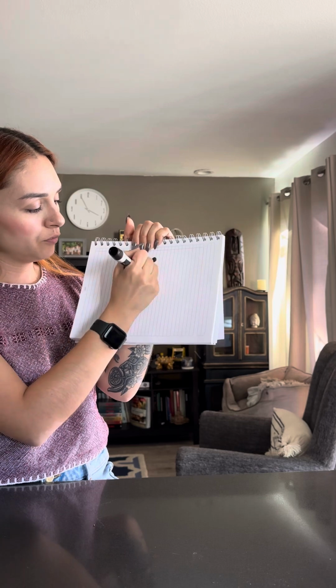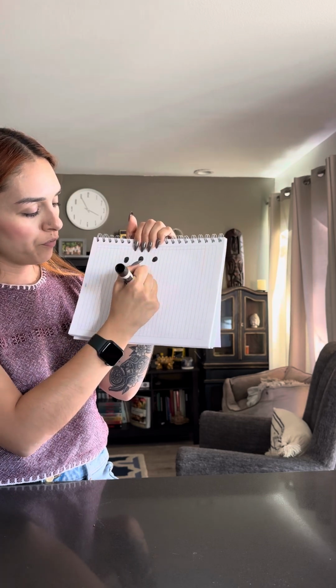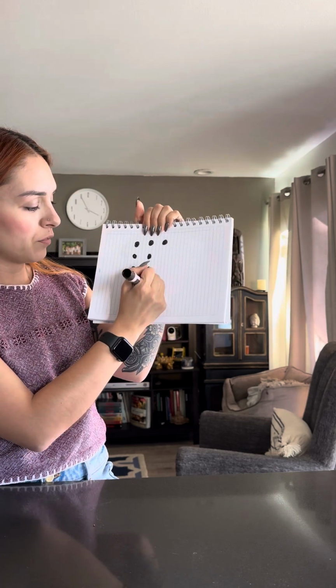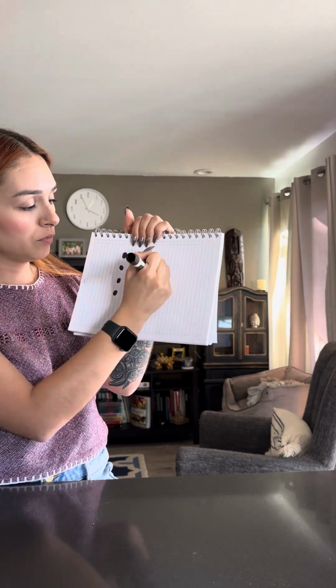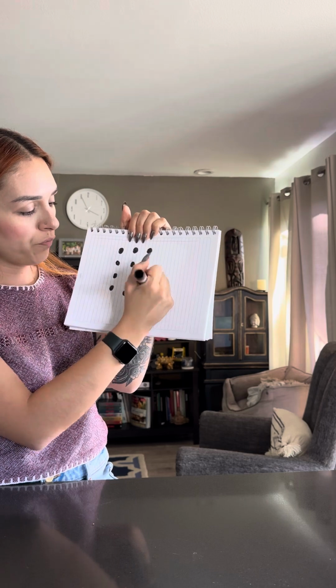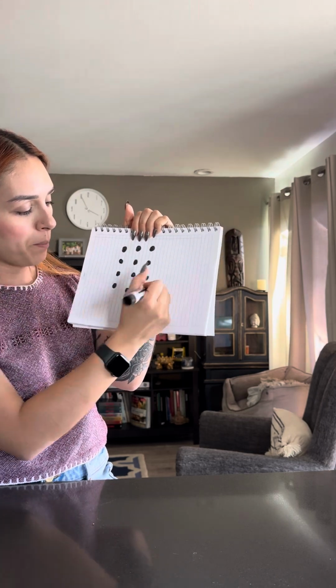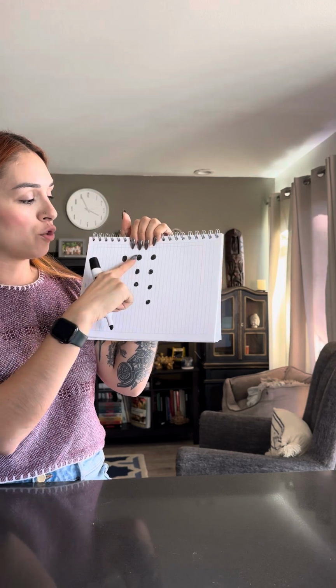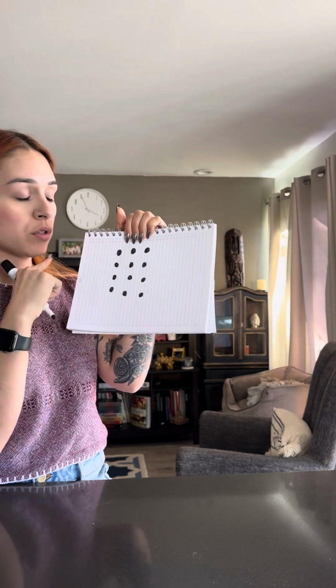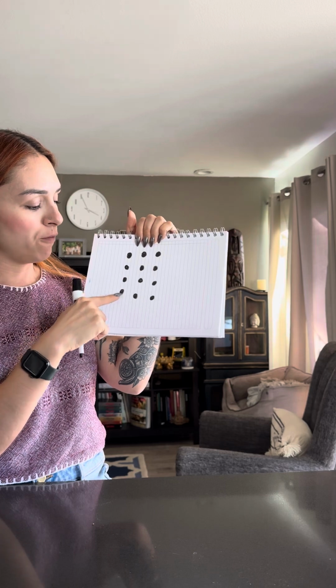Again, 1, 2, 3, 4. Last one, 1, 2, 3, and 4. Okay, so we have 3 rows, and 1, 2, 3, 4